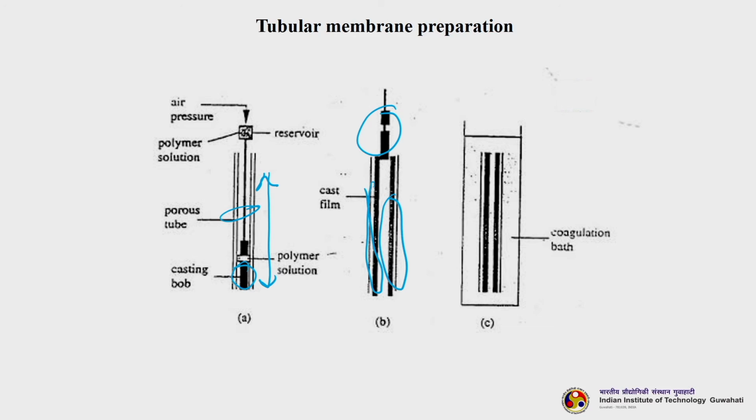So, in this coagulation bath, what is happening? Again the solvent and non-solvent diffusion will take place, okay. And after a certain time, you will allow a certain residence time in the coagulation bath. What will happen is that the membrane which is formed inside this porous tube will become loose, then we can take it out for further processing. We can go for some other processing like annealing or some heat treatment if it is required. It depends upon the intended application. So, students, this is how tubular membranes are prepared.